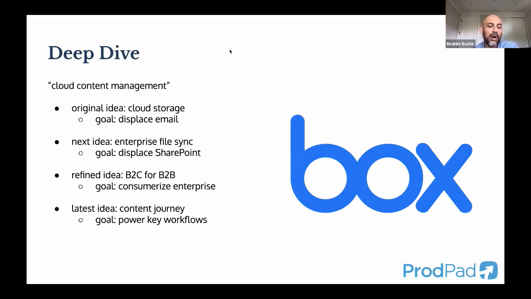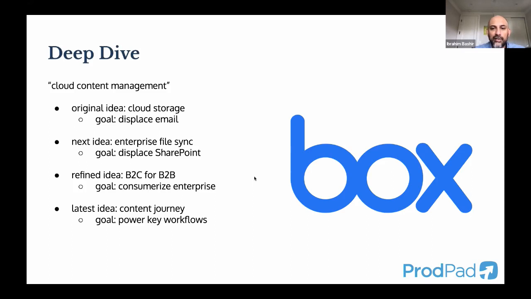The third iteration of their core idea was, hey, this might have some value for a consumer, but there's a lot of other companies doing storage and access in the cloud for consumer products, everything from Google Drive to Dropbox. But the enterprise doesn't have some of these capabilities, or they don't have it in a way that users find joy in using the product. So they really focused on consumerizing their product for the enterprise and penetrating the enterprise. And then the latest iteration of the company over the last few years has been, we don't want just people storing and accessing content when they need it. We actually want to intelligently bring that content to the workflows that require that content as and when needed, right? In an automated way, in an intelligent way, in a timely way, in a reliable way. So that's the journey of Box, and we'll deconstruct it.